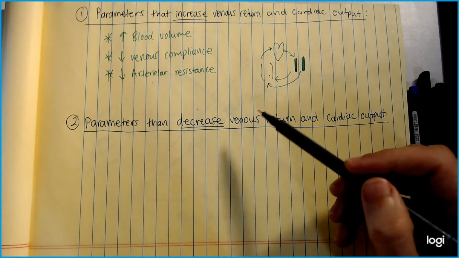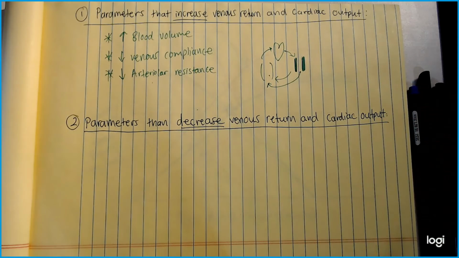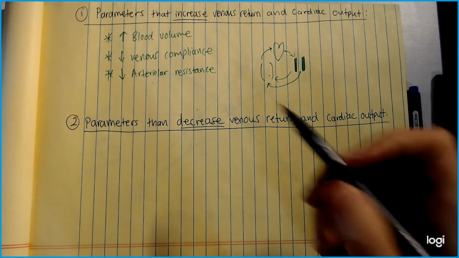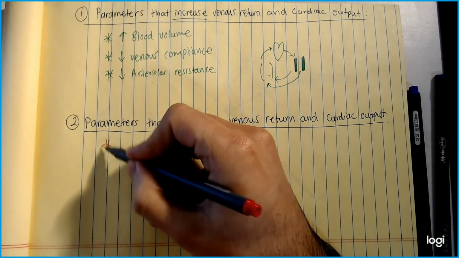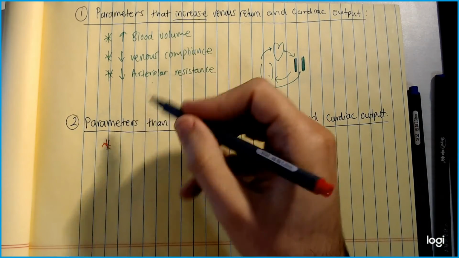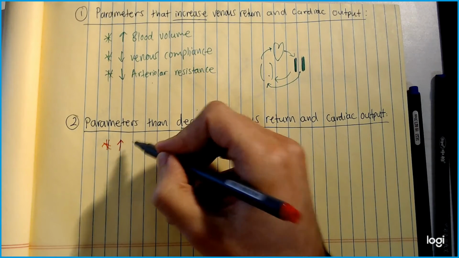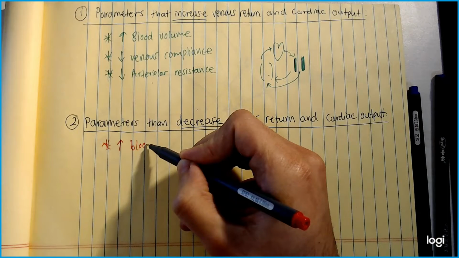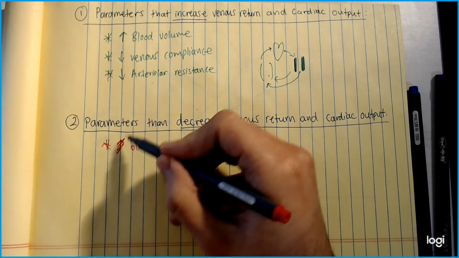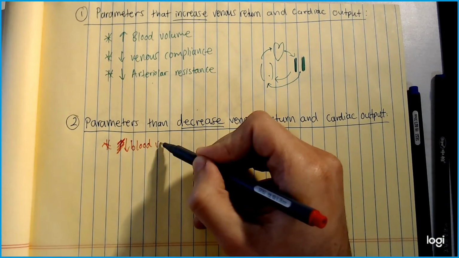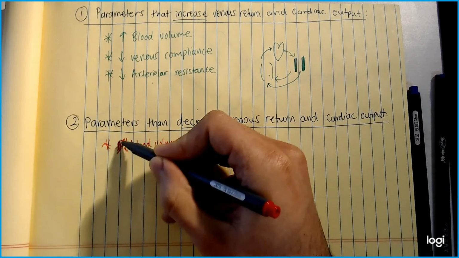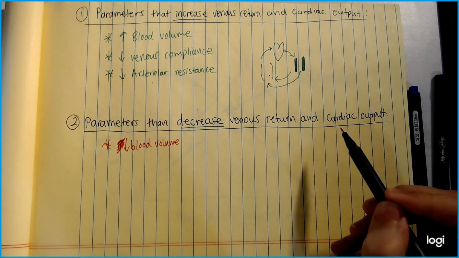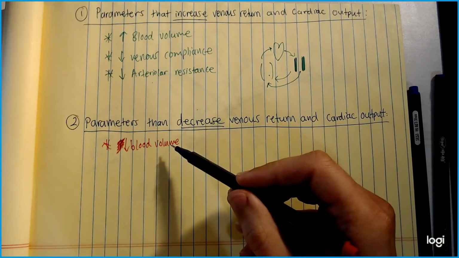Okay? And so now we're going to talk about parameters that decrease venous return. So here it's kind of similar just to the ones that increase it. So the ones that decrease it is just going to be the opposite. So it's going to be a decrease in blood volume. Right? So less blood flow, less return to the heart, the lower the cardiac output. So decrease in blood volume,